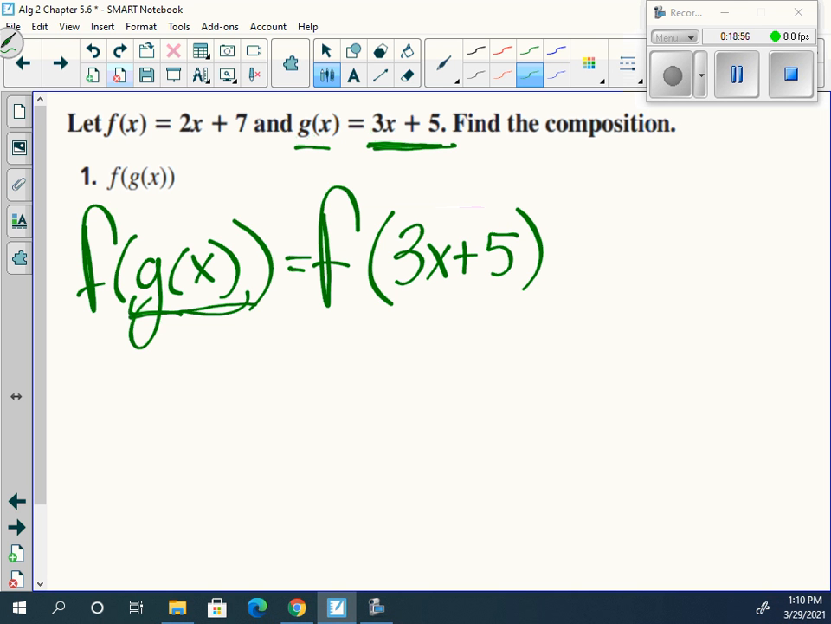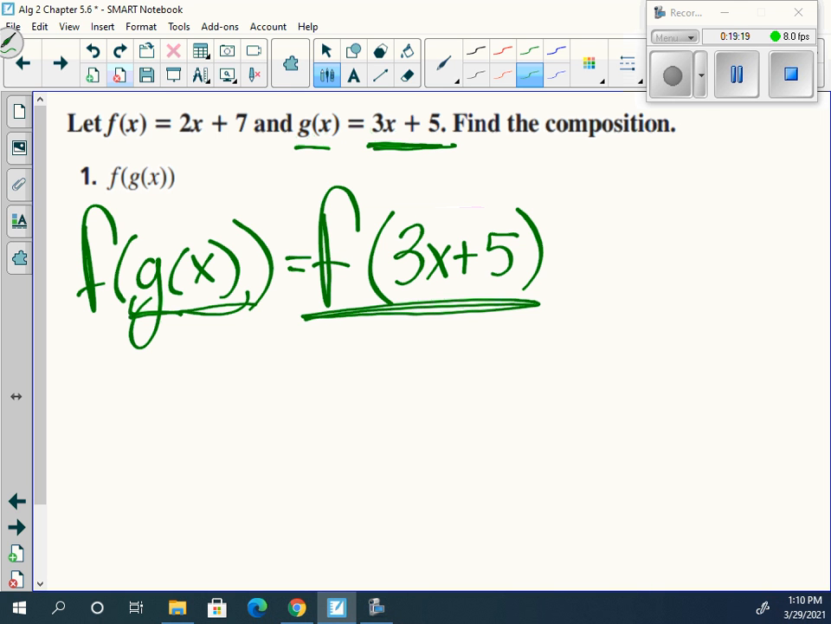3x plus 5. Because that's what happens when we plug x into g of x, we get 3x plus 5. Any questions on this here? So 3x plus 5 is as simplified as it gets. We can't combine those because they're not like terms. So since this is as simplified as it gets, now we're going to focus on this one here, f of